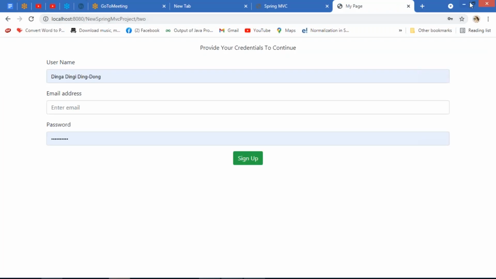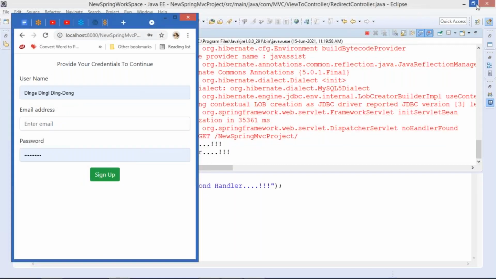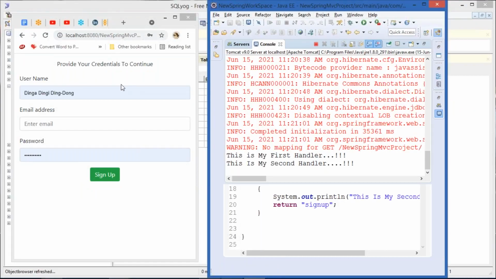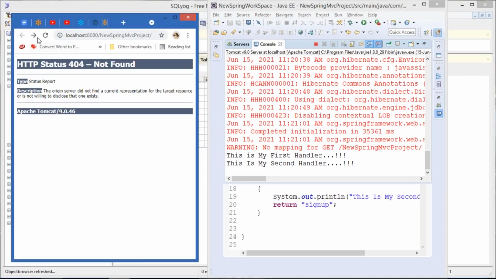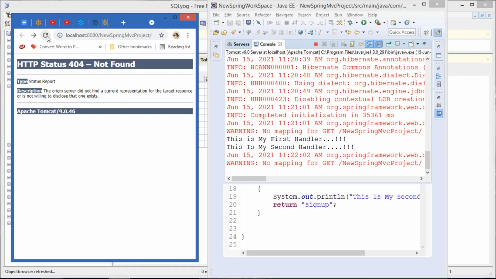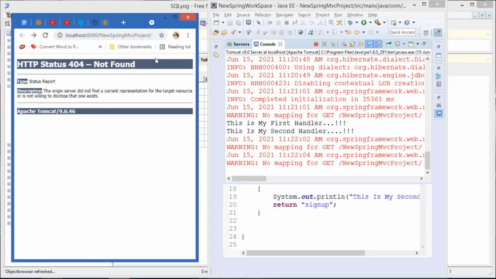So guys, what you can see here now, I'll execute once again. I'll just refresh this. I'll go back and refresh this. You can see in the console my project is refreshing, and now it has been refreshed. Here I'll say 1. If I fire 1, guys, you can see in the console